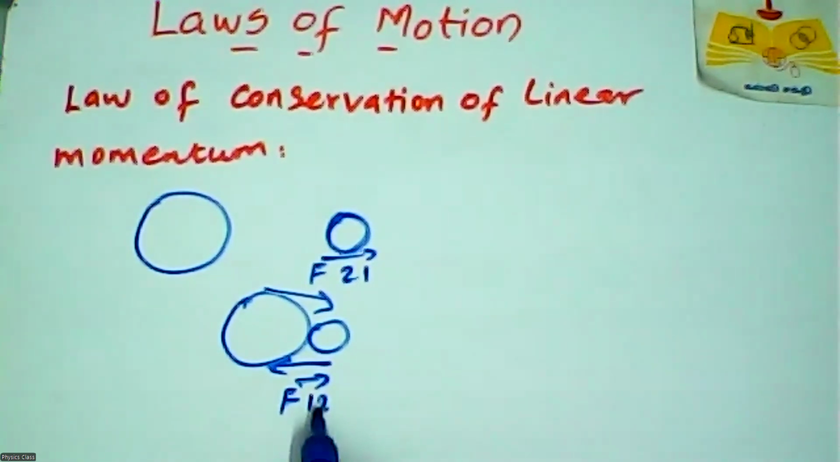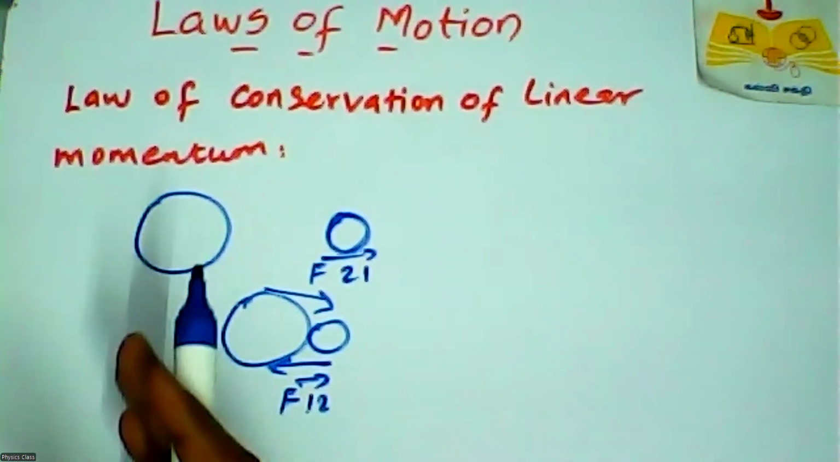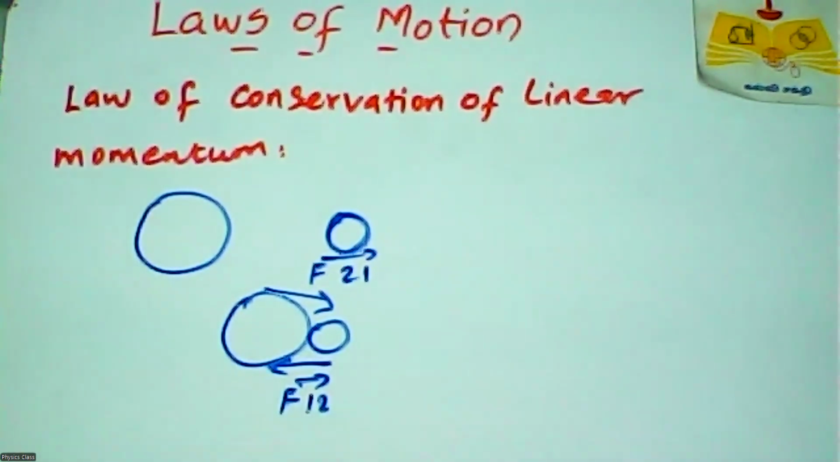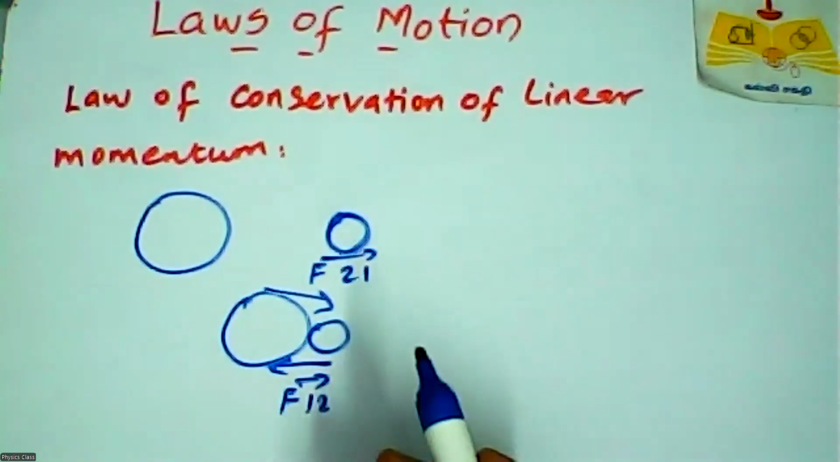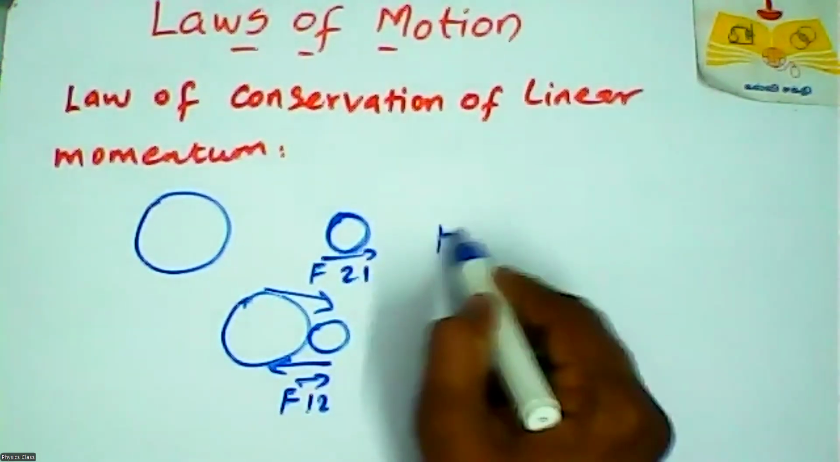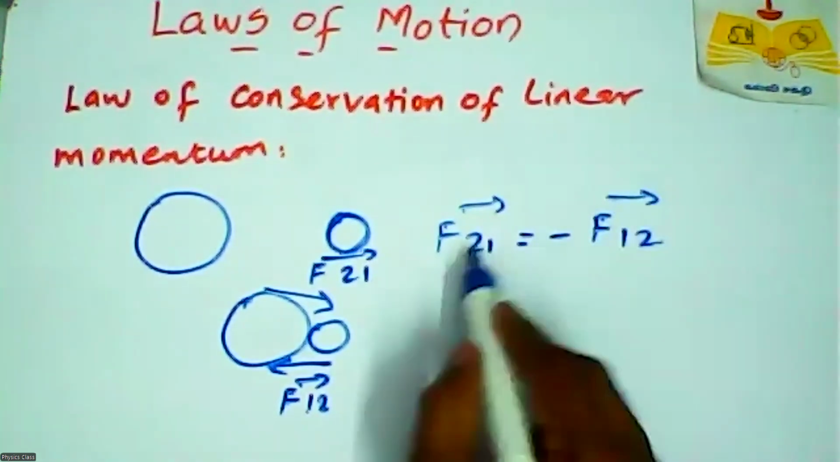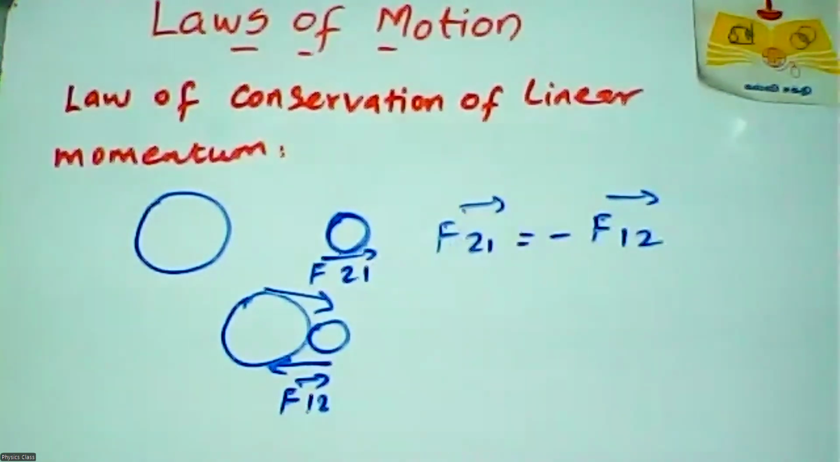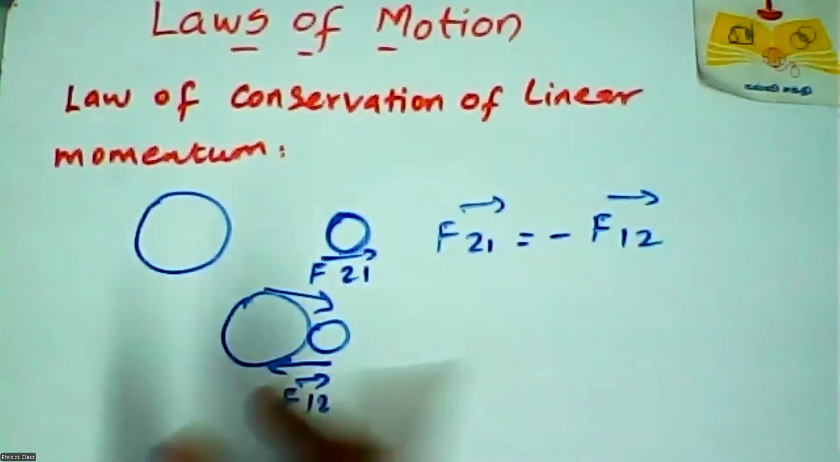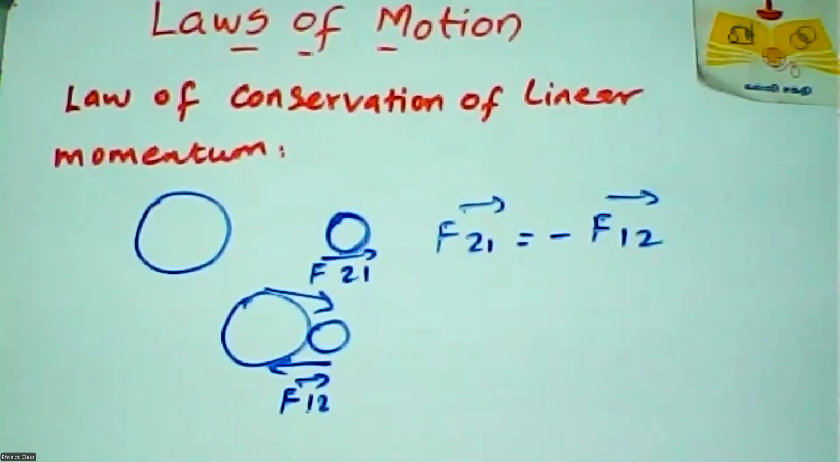Second object gives a force on that first object. Okay, so this concept began with collision. The objects exert equal and opposite forces on each other. Equal and opposite force means F21 is equal to and opposite to F12. So both forces are the same, but in opposite direction. Okay, right? So in terms of momentum,